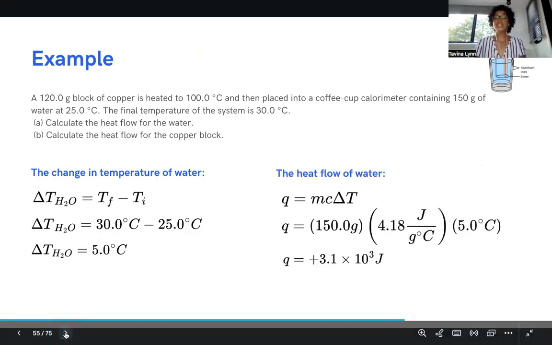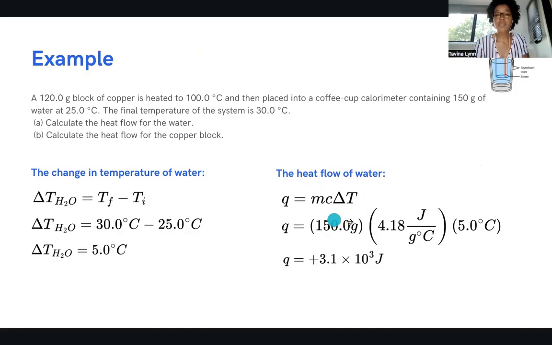So next, to get the heat flow of water, we use Q equals mcΔT. Go back and review. We'll also have some review problems and discussion this week around this as well, right? m is the mass, c is our specific heat, and we'll use the specific heat of water. And ΔT is the change in temperature of water,